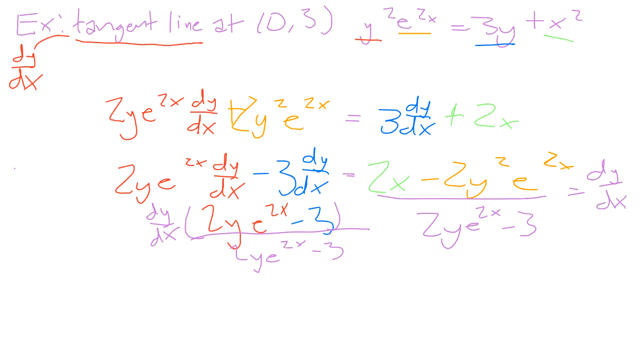However, we're wanting our tangent line. And if we think back to what we know about our tangent lines, our dy over dx is going to give us our slope. So first thing, since everything's still in terms of x and y, we need to plug in our points to see what our actual slope will be at that point. So if we plug in our 0 and our 3, we're going to get,